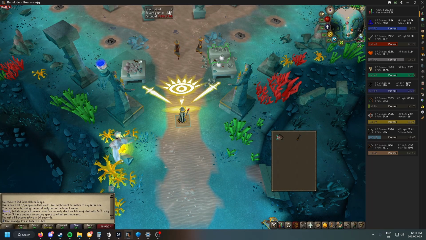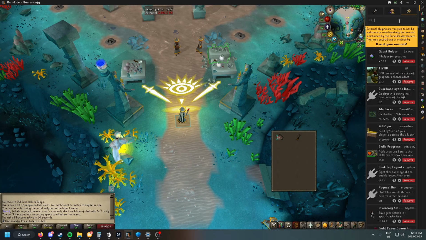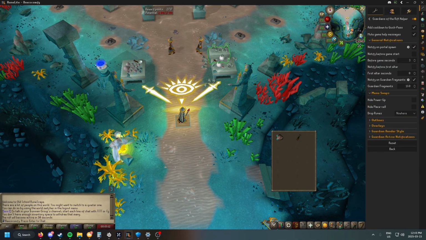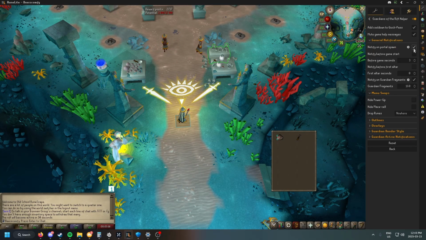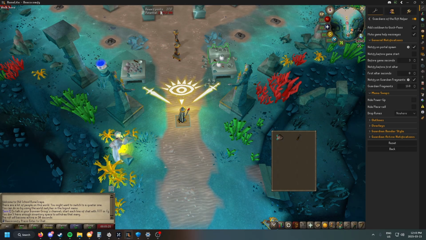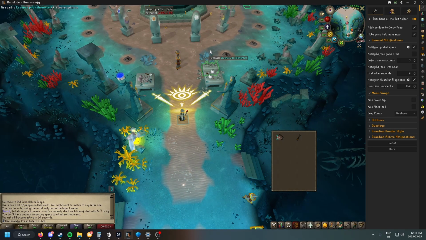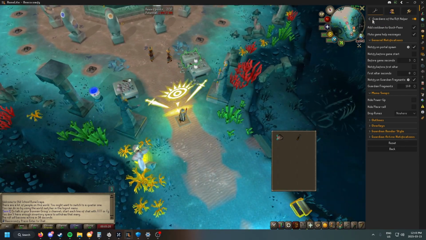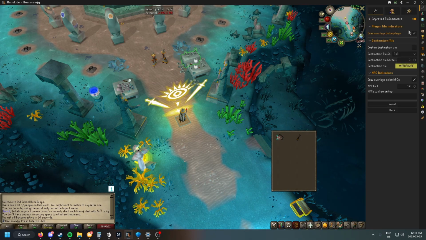Of course, I do have to talk about this plugin because it's important. Go into your plugin helper and make sure you have the Guardians of the Rift helper. This plugin is so good. You can set it up to give you a notification whenever a portal spawns, which I highly recommend. It also tells you an approximation of when the portal spawns and your amount of points that you have, and it gives you highlights on the Guardians, a whole bunch of helpful stuff. Just download the plugin. Additionally, make sure that your tile indicators plugin